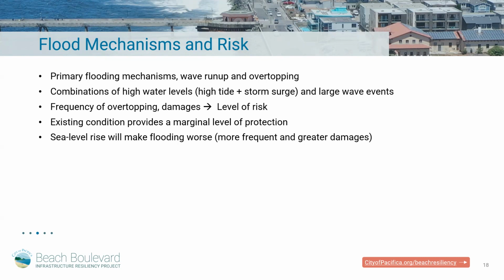And so the idea is, in the design of this project, looking at the frequency of these overtopping events, how often is it happening and what level of damages does it create. So it's looking at the level of risk to inform how the seawall and the project will be designed. And so right now, the existing condition is really a marginal level of protection where it gets overtopped